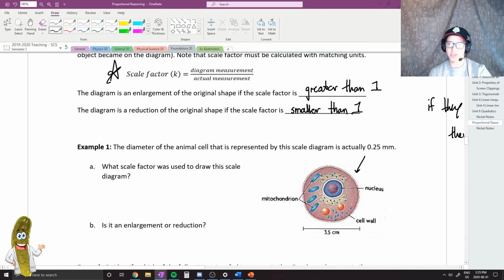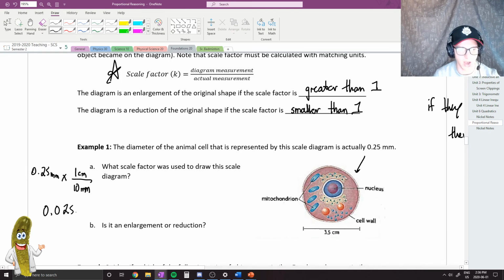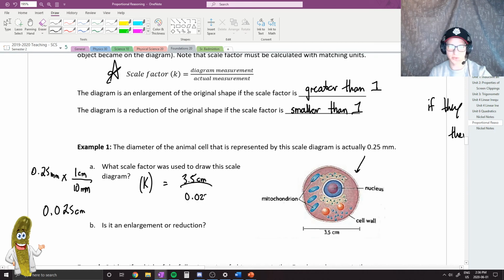Now, the first thing that we need to do is get our units to be identical. So what I'm going to do is take 0.25 millimeters and convert that into centimeters. For every 10 millimeters is 1 centimeter. So you end up with 0.025 centimeters. And then based on this formula above, to calculate the scale factor we want to take the diagram's measurement, which was 3.5 centimeters, and divide that by the actual measurement, which was 0.025